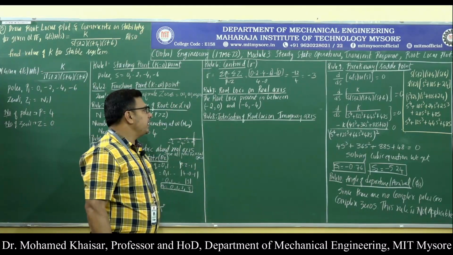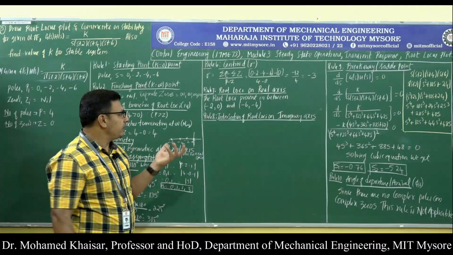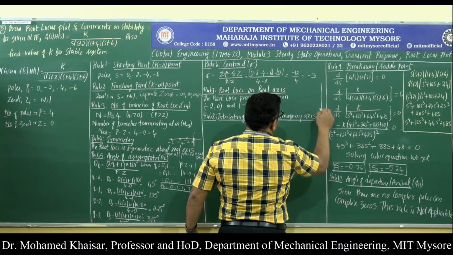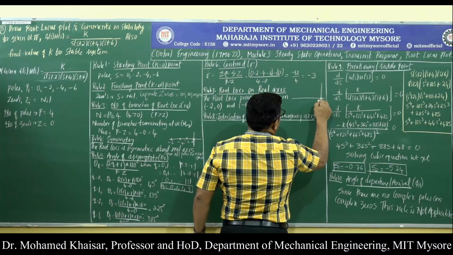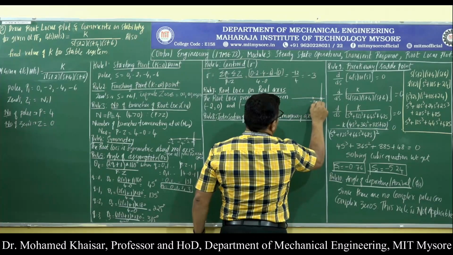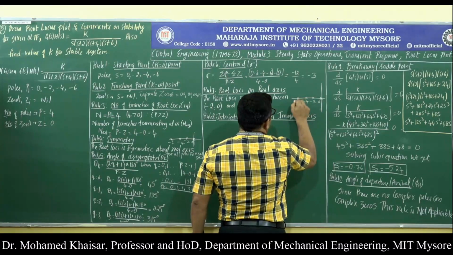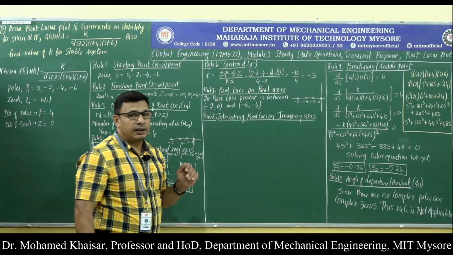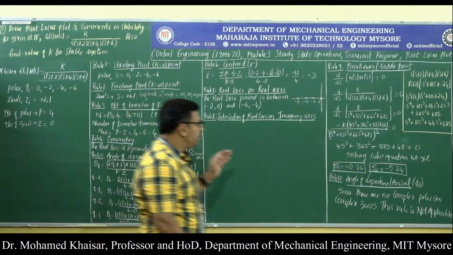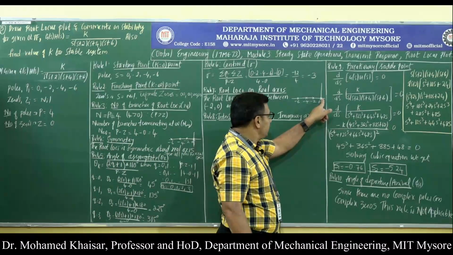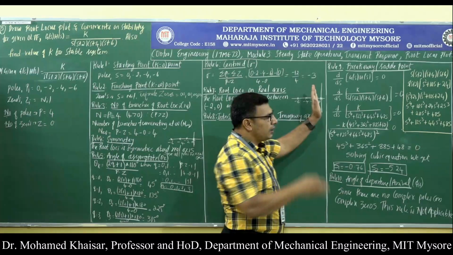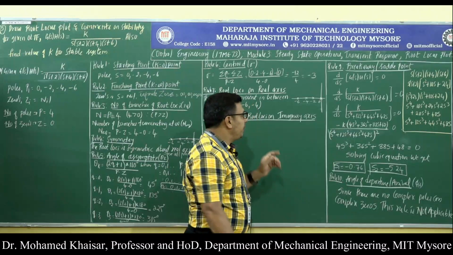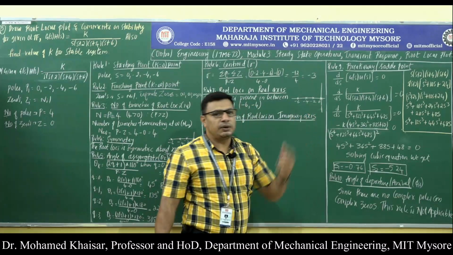Then rule number 7, root loci on the real axis. Are there any branches of root loci existing on the real axis? That is what is to be found. So, if we just draw here, at 0 there is a pole, at minus 2 there is a pole, at minus 4 there is a pole, at minus 6 there is a pole. Then first we have to find whether the root locus is present between them. We will first ignore the first pole or zero if it is present, because to the right of that there will be nothing present. So, we will consider minus 2. We will try to see whether between minus 2 and 0 there will be any root locus present.